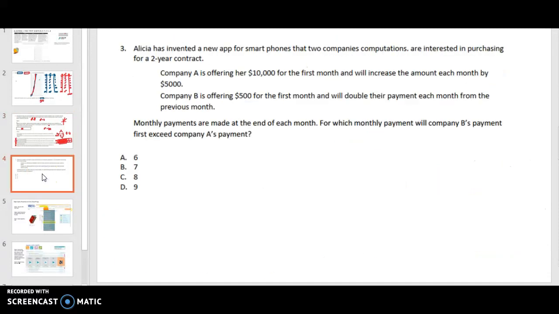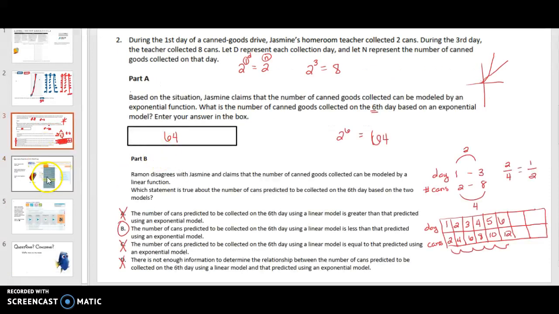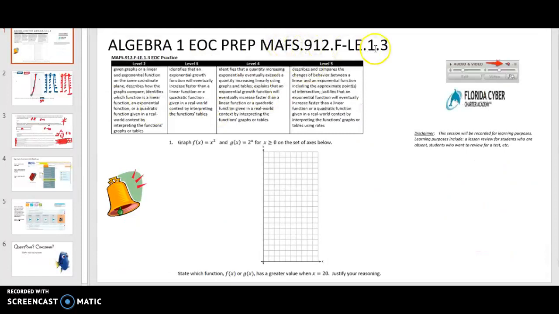All right, so let's see if I can fit this in 4 minutes. Alrighty, so for further practice with this standard,